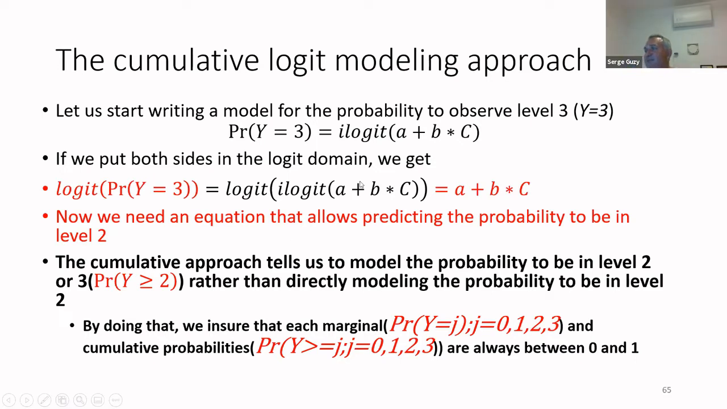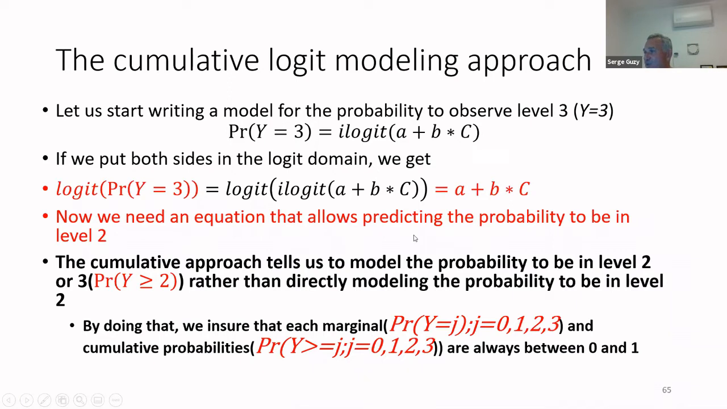Now, you can say, okay, then why not do the same thing with the probability to get level 2? Now I have a problem here. If I would write the probability to get level 2, y equal 2, is equal to inverse logit of, let's say, D plus E multiplied by C, and I do not link that probability to the probability to get level 3, then maybe the sum sometimes is going to be larger than 1. And I cannot have that. Then the trick to make sure that the probability to get level 2 is defined in such a way that it's always larger than 0 and less than 1,